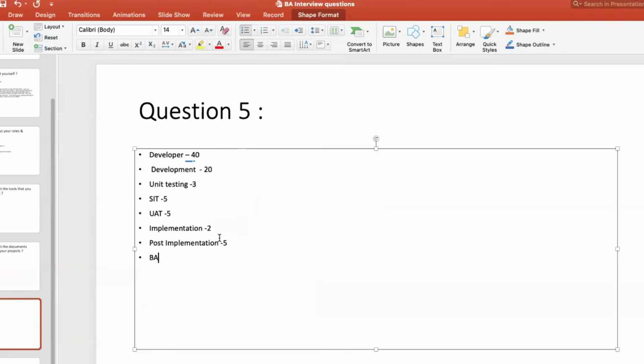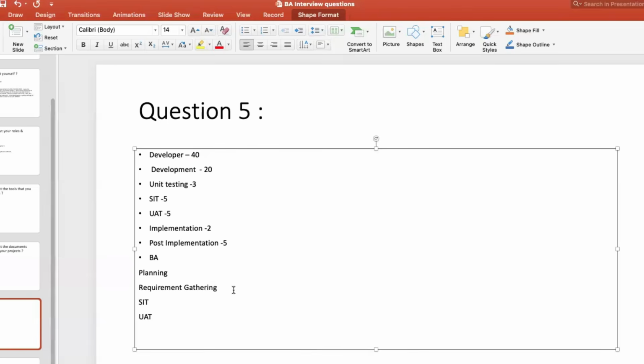for BAs, we give story points, but we don't do development. So development is 0 for us. Instead of that, you're going to give us planning, project planning. Then you're going to talk about requirements gathering. And then you're not going to do development and unit testing, so you're not going to give points for that. SIT, of course, there is no tester in your team. You'll be doing system integration testing, UAT coordination, UAT test creation, test cases creation. For that, yes, you will be there.